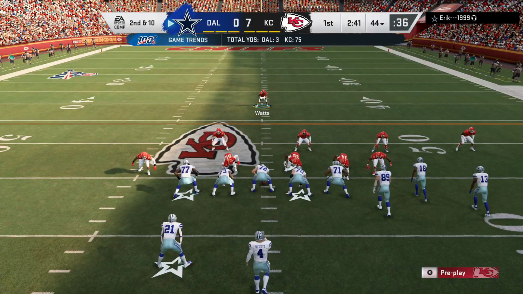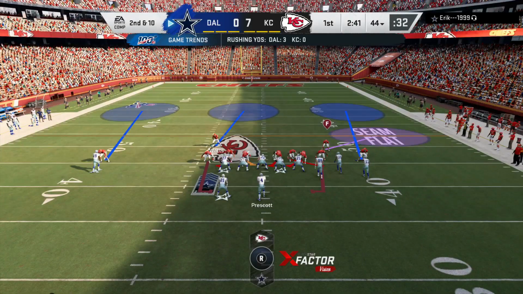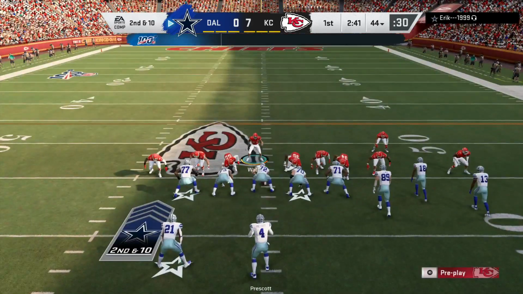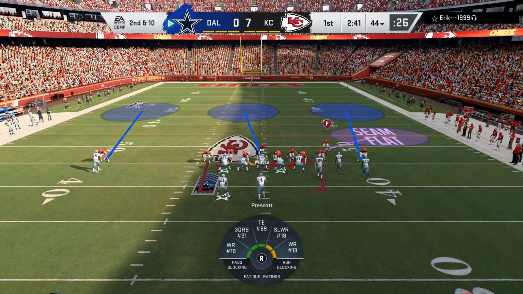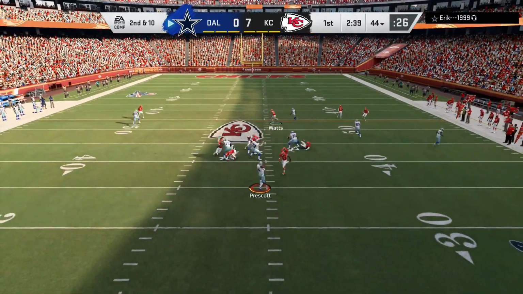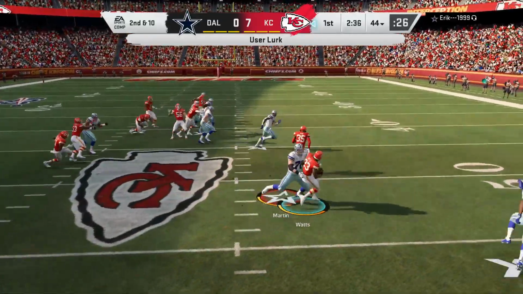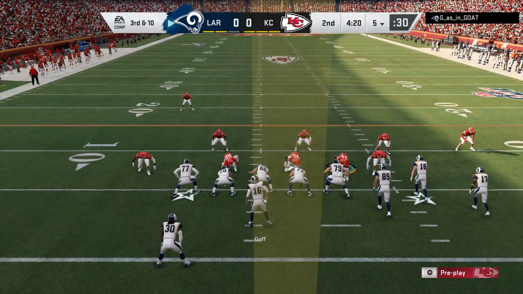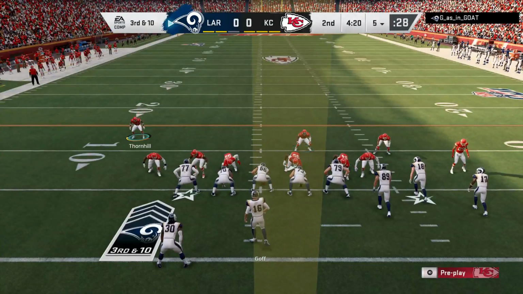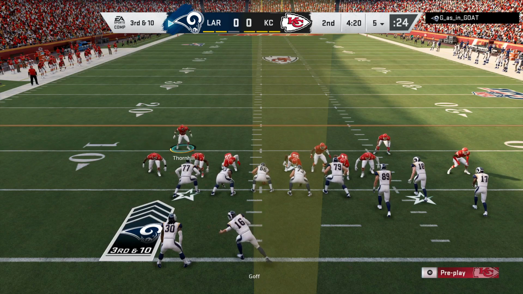So today we're going to revisit my lockdown defense for gun bunch, which is 3-4 even, Mike scrape 3 press. Now the setup is really easy, and we're just going to look at some gameplay that I accumulated running this defense in regular teams. That's the mode that I play. This was best suited for draft champions, but you can certainly run it in any mode, and it's going to